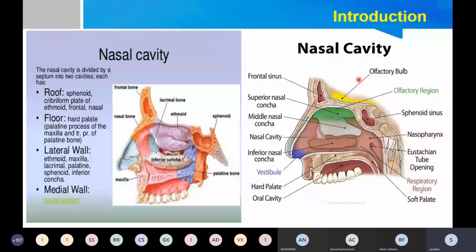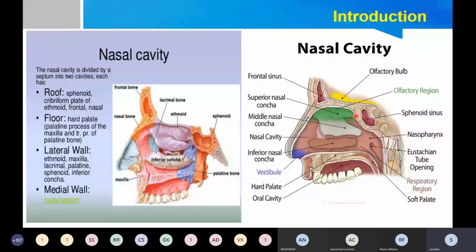Beyond this will be a middle cranial fossa here. So middle and the anterior cranial fossa. So this is the roof of the nasal cavity and this is the floor of the nasal cavity. And whatever structures you are seeing, in the midline, in the middle, there is a median wall of the nose that we have taken off. So you are able to see one lateral wall.